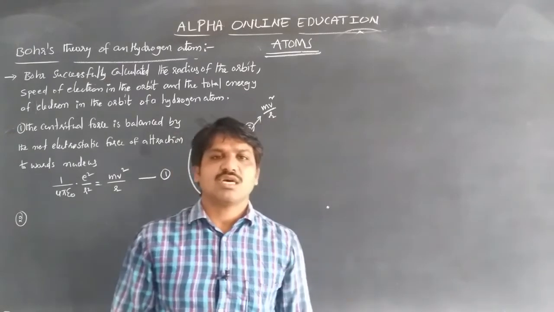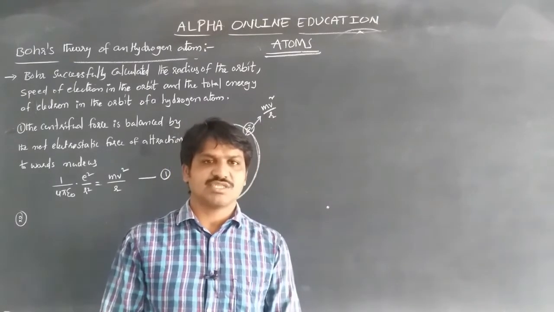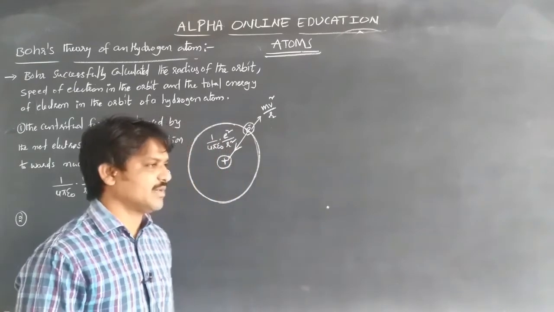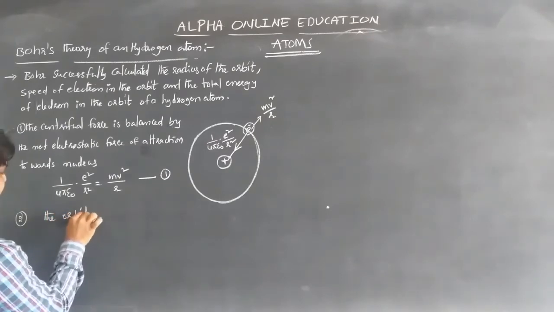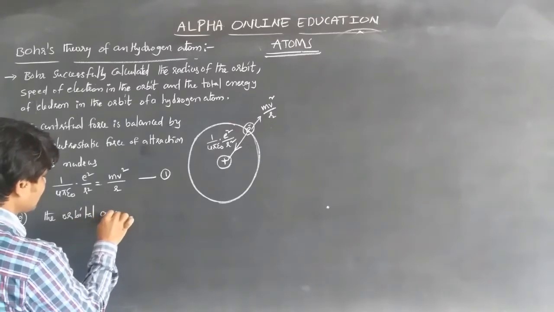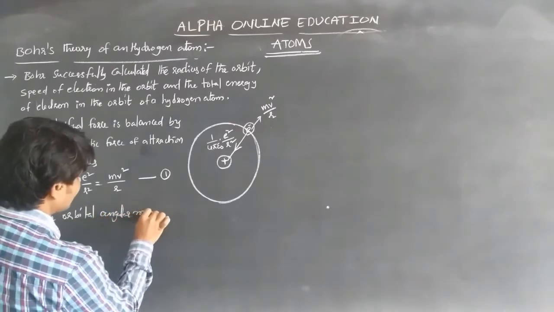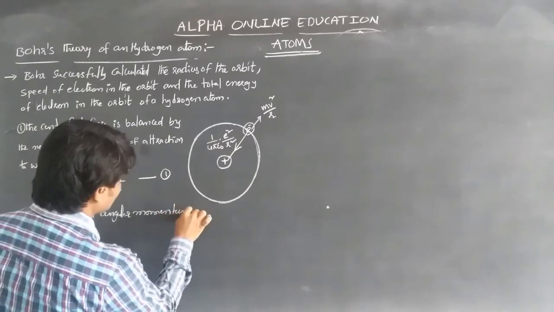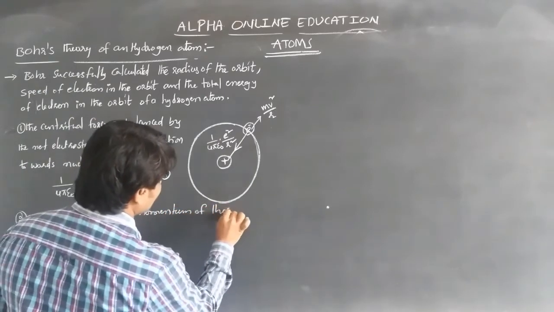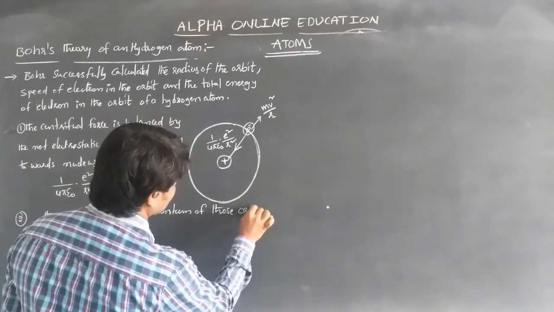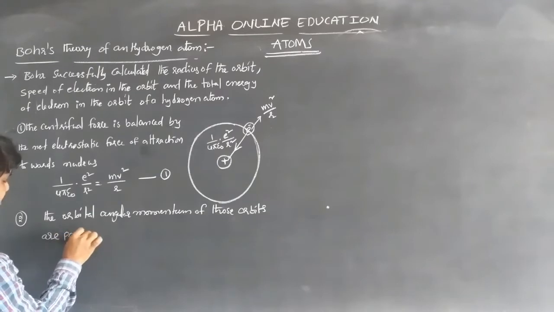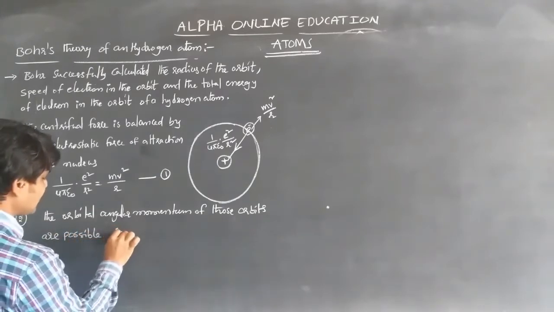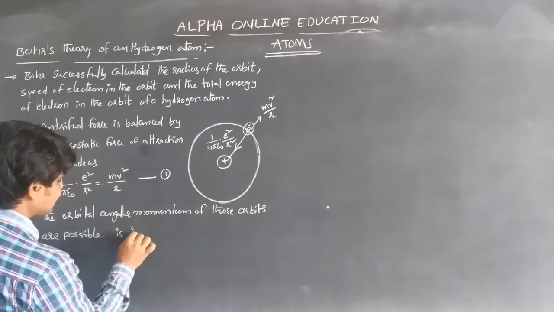Those stationary orbits are possible whose orbital angular momentum is an integral multiple